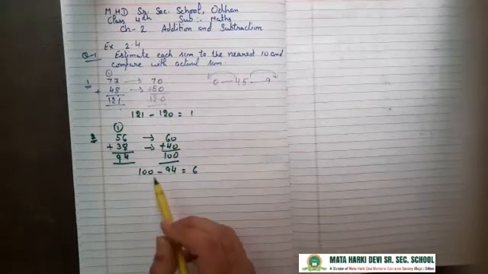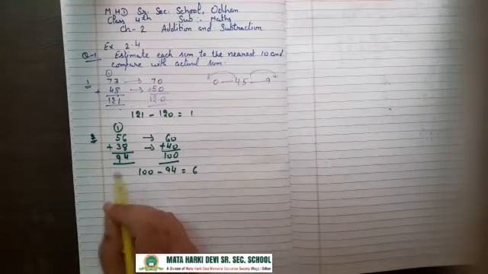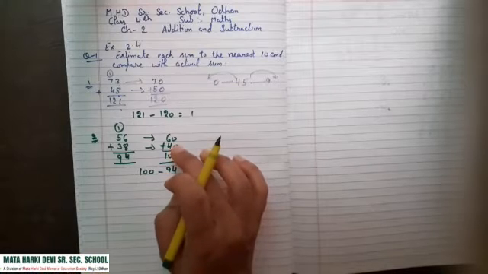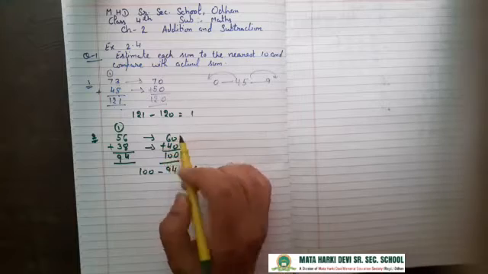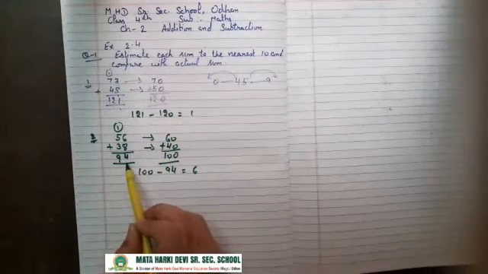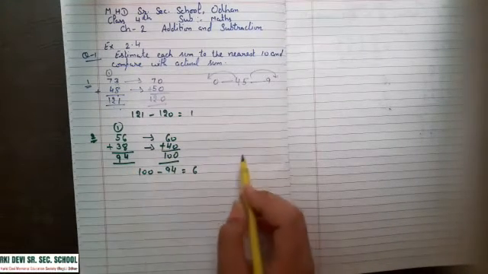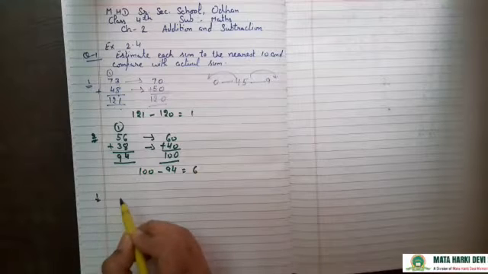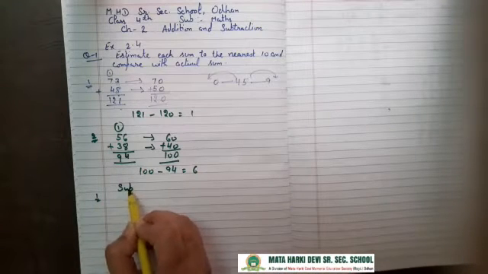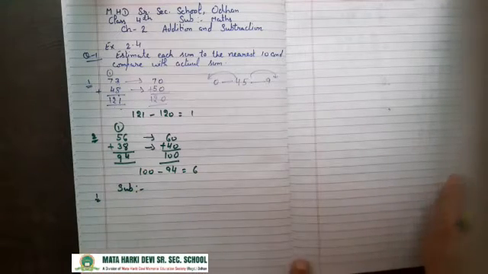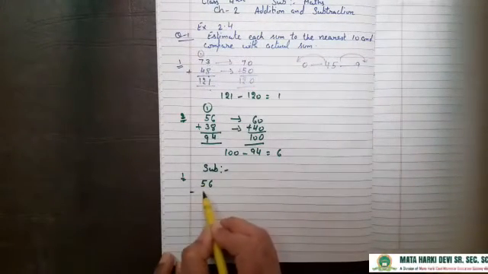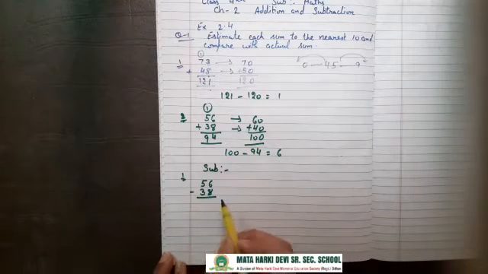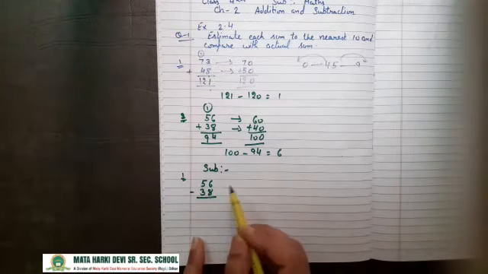Okay, again, if we want to take the difference, then how would we do this? For example, we will take this example, subtraction. How will we do it? See, 56 minus 38, this is in exercise